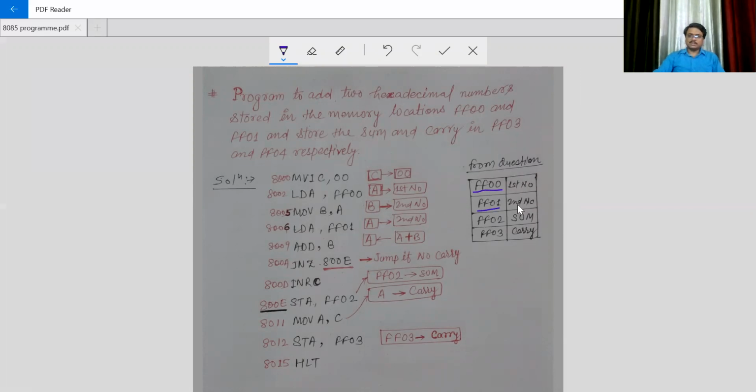We have to add these two numbers and store the sum in FF02. Also the carry has to be stored in FF03.